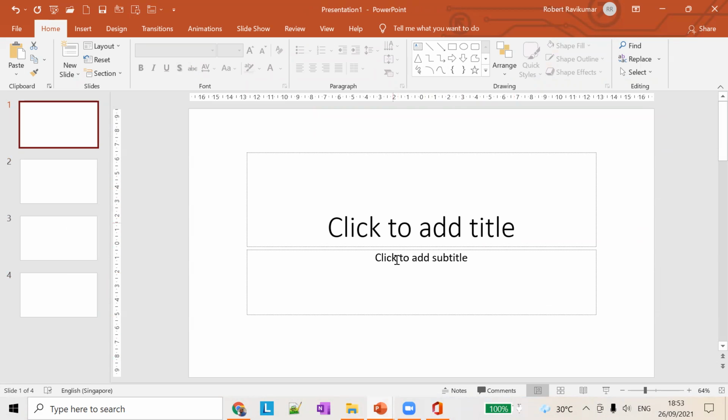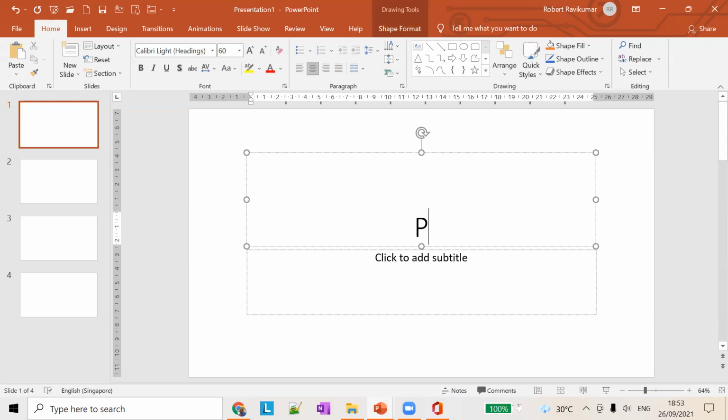So in this section, in the first slide, you always have to add the title for the presentation. It could be a presentation about your project you're working on. It could be any name you can give. You can give some project names in it. Let's say project, something like China or something.